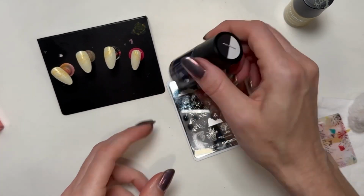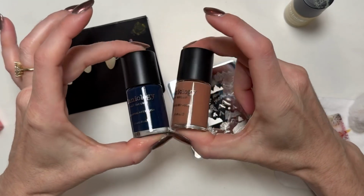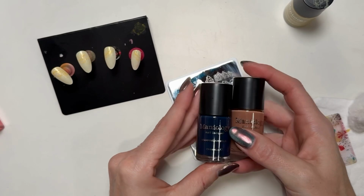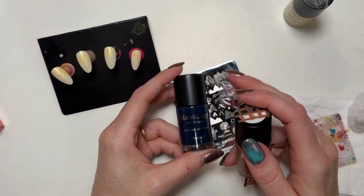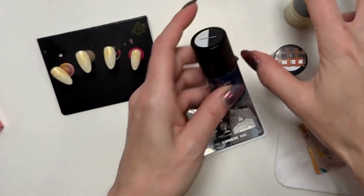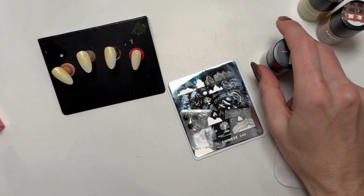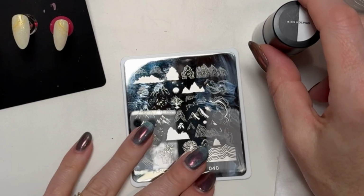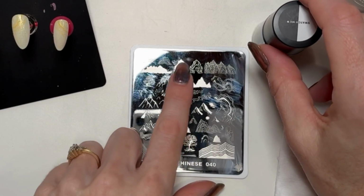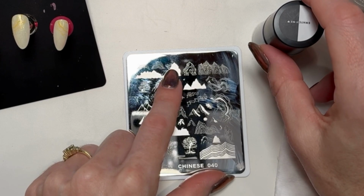Okay, I'm gonna work on my mountains. I picked up Canterbury and Tea Time, which are the polishes that came with the most recent MXM. If I didn't have these, I might pick like Kraken and maybe Latte. But I kind of feel like the blue is calling my name, but I want to do something sort of unusual. Because some of these are layered and I think those look really cool. So maybe I'll do...